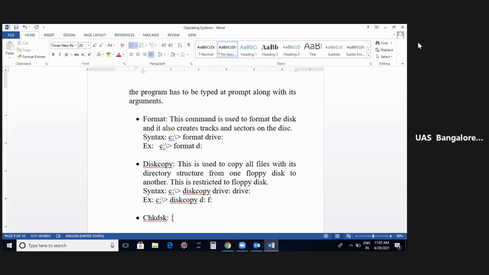Check disk. So this command is used to check the storage space.